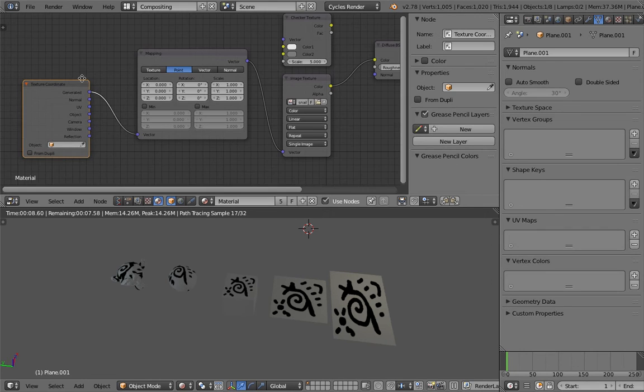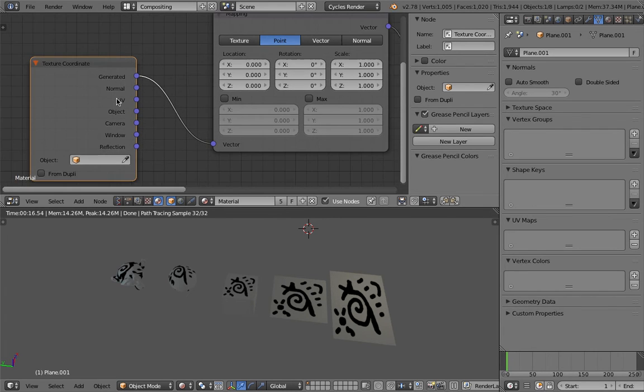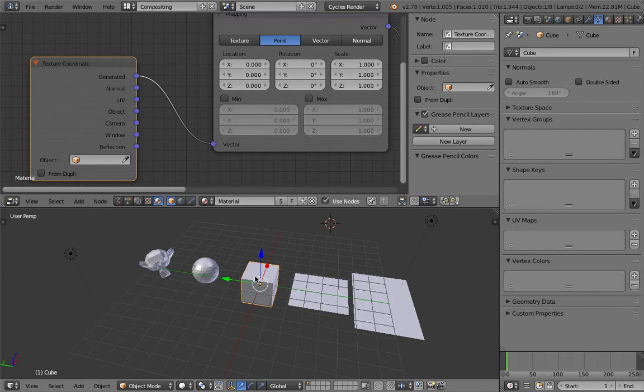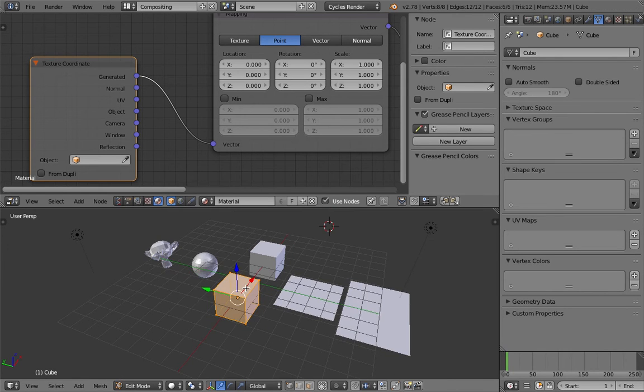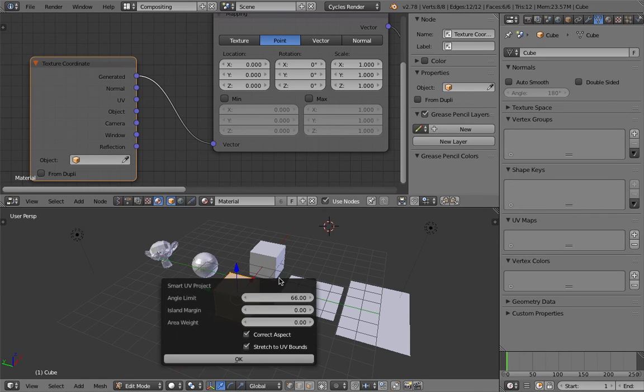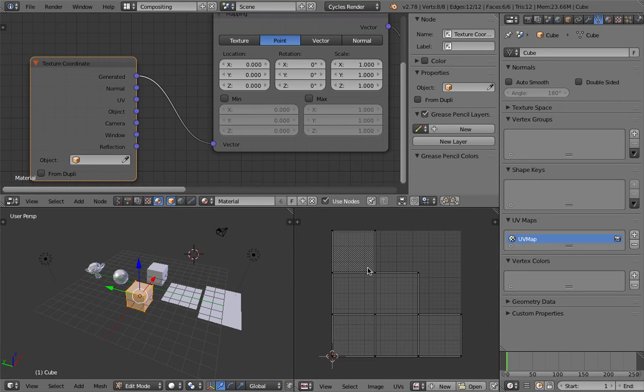So you have texture coordinate, and there is a UV. UV is the usual workflow you learn in computer graphics. So each object can have its own UV, and by using UV mapping, you can have more control over how the image is being projected onto each polygon face. Maybe I'll just show it to you on this box right here. So I'm gonna have two of this box. One of them has a UV, and I'm just gonna use Smart UV Project, and the UV will look like that, and then